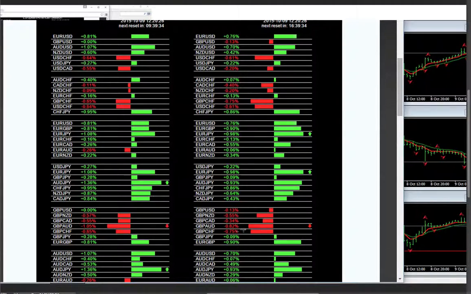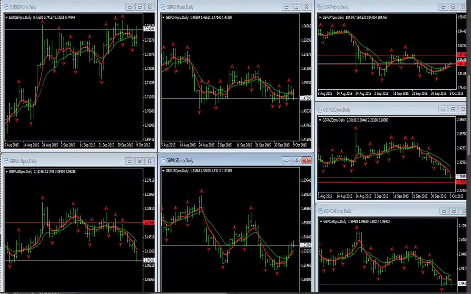So when this gave us a good heat map signal to go short, what we could do, like we did yesterday, is we looked at the daily. And when we look across the daily, we'll notice that the pound was sort of flat against the euro. It was down against the Aussie. It was up against the USD. It was down against the CAD. It was down against the New Zealand, and it was up against the yen. So there's a little bit of mix, but you'll notice that we're against